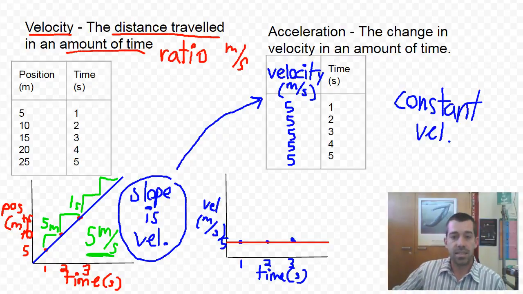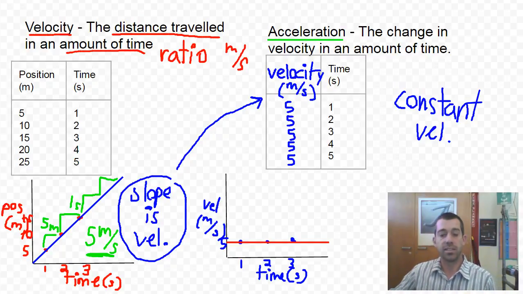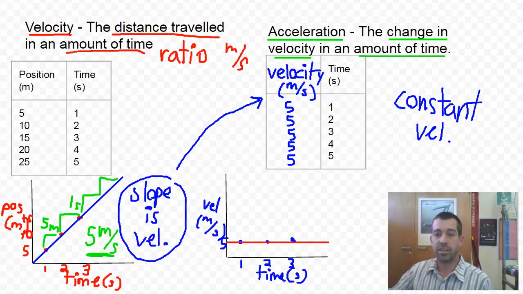Now, the next step, we're going to be talking about this new idea of acceleration. So acceleration is the change in velocity in an amount of time. So it's also a ratio. But it's not a ratio of meters and seconds like velocity was. It is a ratio of velocity per second. And so when we write out acceleration as a ratio,